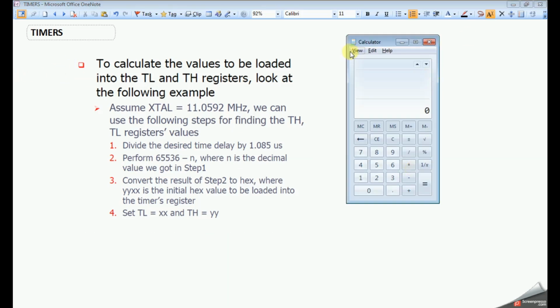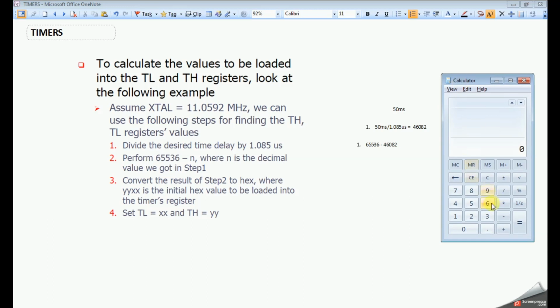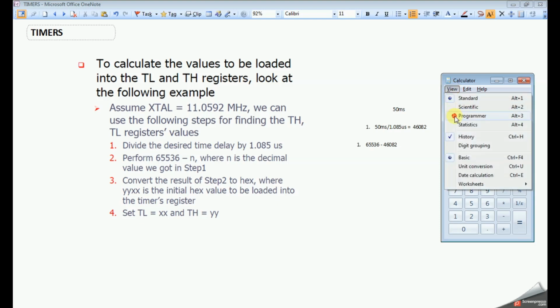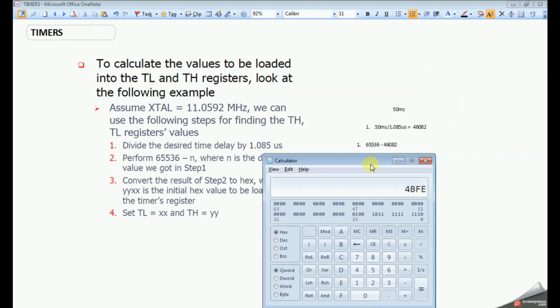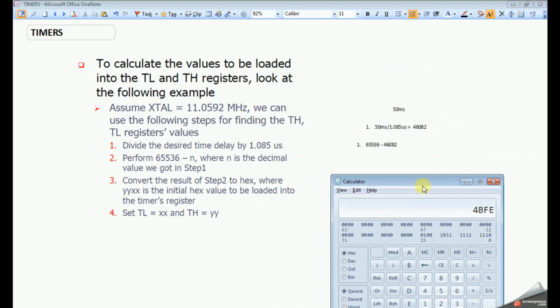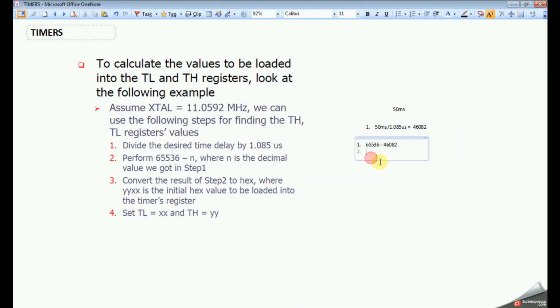If you do that in the calculator, 65,536 minus 46082, you will get 19254. If you convert this decimal value to the equivalent hexadecimal value, the value will be 4B FE.